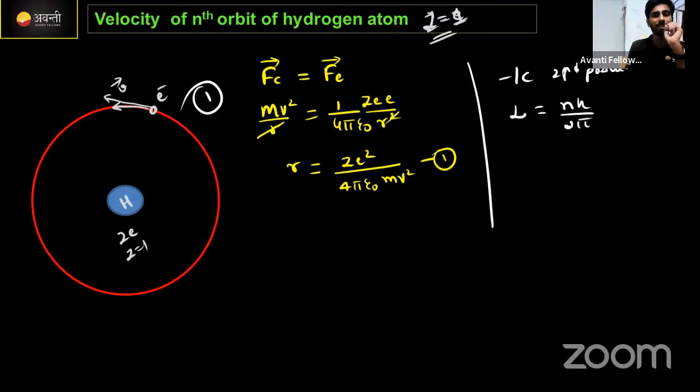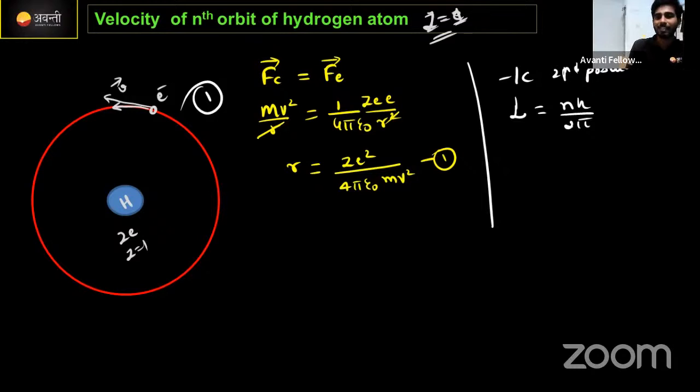This value will vary for each and every orbit, correct ना? And L का मतलब क्या है? Angular momentum value क्या होता है? Let me know through the chat box. What is the value for angular momentum? L को equation क्या होता है? P को m into v होता है. L means